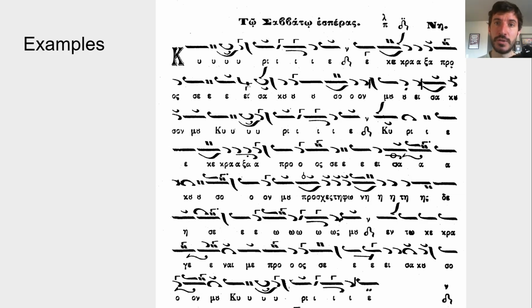Kyrie ekraksa prose isakuson mu isakuson mu